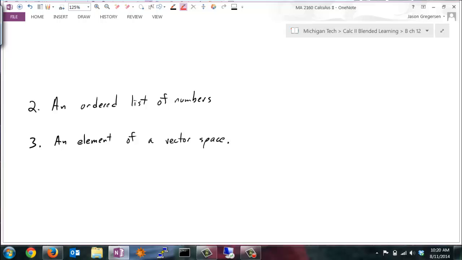We can think about them as an ordered list of numbers. I looked at the vector 1, 2. Now for those of you who have worked in 3 space before, 3 space being the real world here, x, y, z, not just x and y, that should also have vectors. I should be able to draw an arrow that goes from the corner of this desk up to here and describe that change. But that change is going to be a change in the x, a change in the y, and a change in the z. So I expect that to have 3 components. I expect that vector to look like the vector 1, 2, 3, or 4, 6, 8, a list of 3